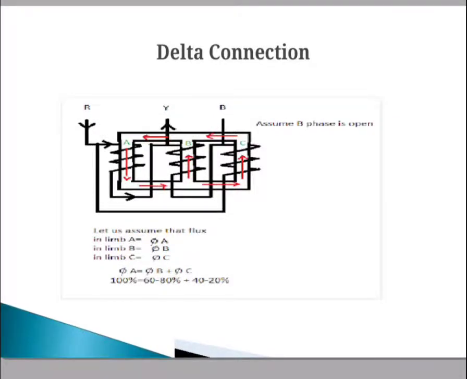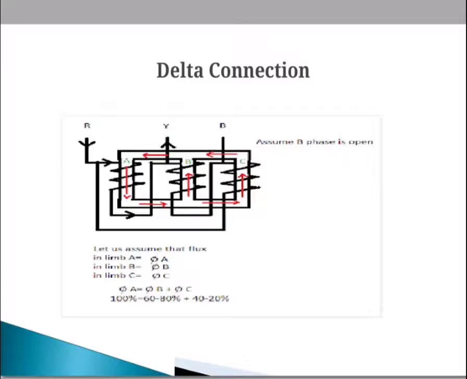The flux passing in the two limbs will induce the voltage on the winding placed on those respective limbs. So logically, the sum of voltages induced on the remaining limbs must be equal to the voltage applied to the one limb. Phi A is the flux produced by the first limb, phi B is the flux produced by the B limb, and phi C is the flux produced by the third